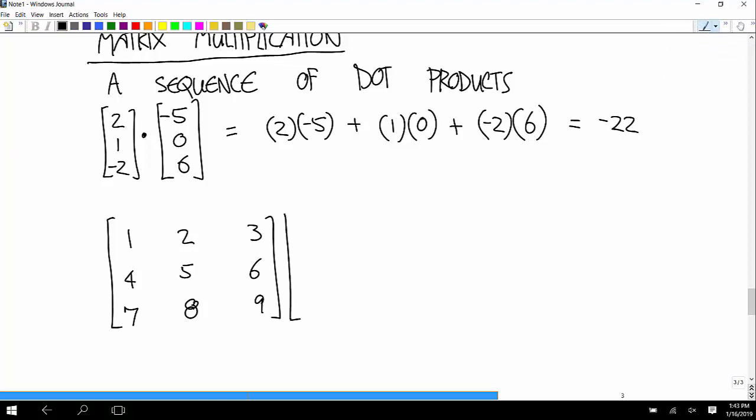And we're multiplying that by, just keep this going, 10, 11, 12, 13, 14, 15, 16, 17, 18. Then what you're going to keep doing is you're going to take dot products of the rows of the left matrix